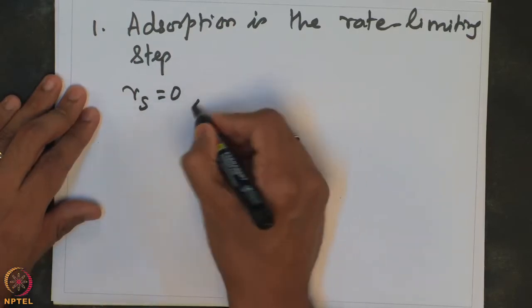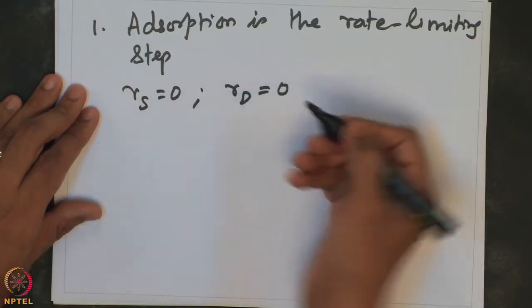Essentially these two steps would quickly reach equilibrium. So, we can assume that these two steps are in equilibrium, which means that the rate of the surface reaction and the rate of desorption are essentially equal to 0. If we impose these conditions, that is Rs equal to 0 and Rd equal to 0,